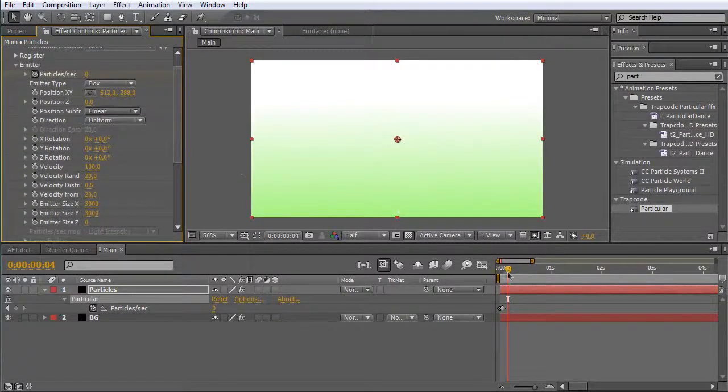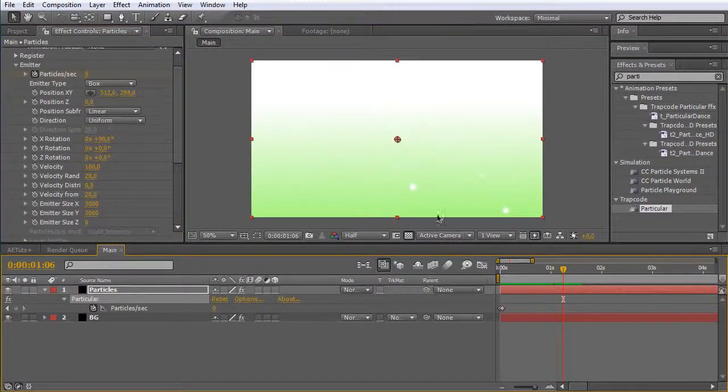Now you can't really see your box, but if you rotate it here with this X rotation, you can see that we've got a very thin rectangle with all our particles, and this is what we need. Make it 90 degrees. Okay, so nothing at the beginning, 10,000 particles, then no particles anymore, and because this is